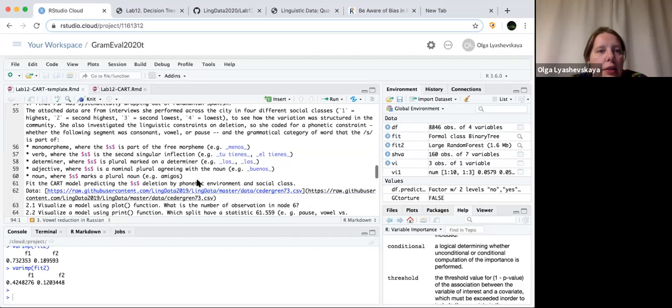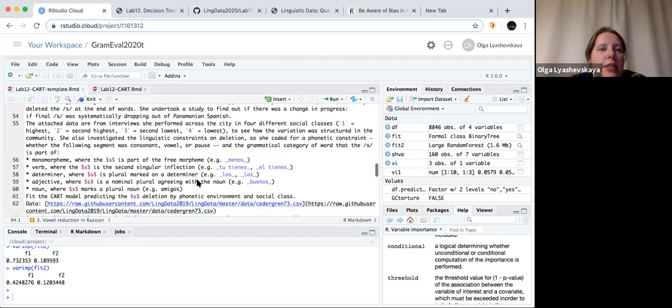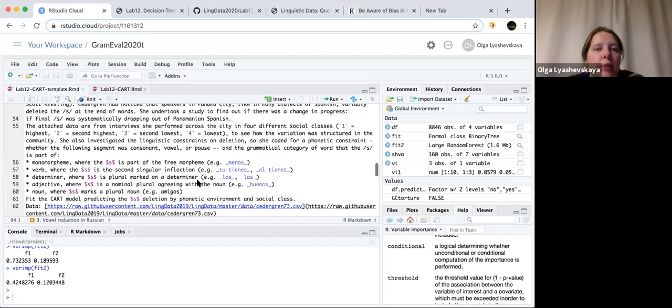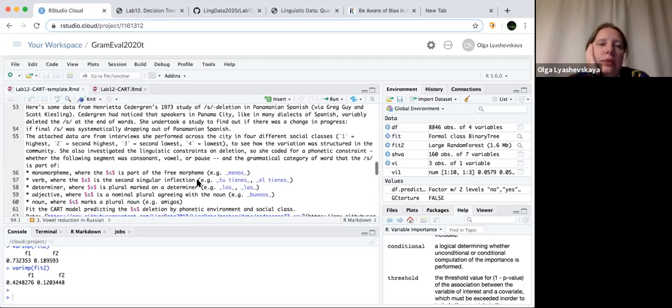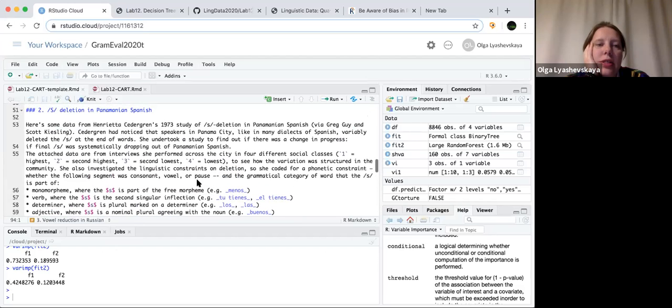And then the second very interesting class is of the speakers. According to Henrietta's hypothesis, S can be deleted in some social register,